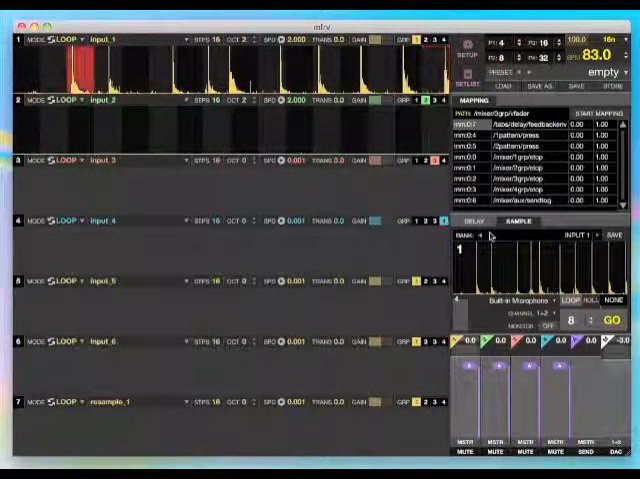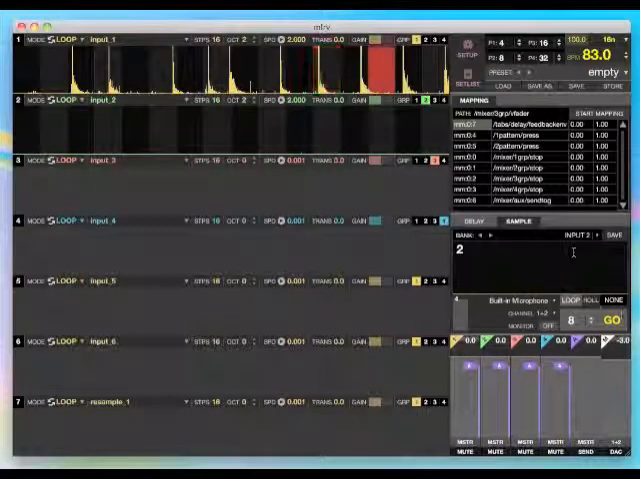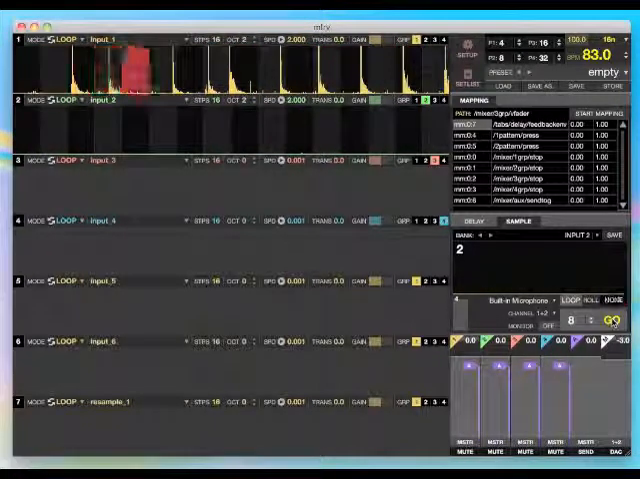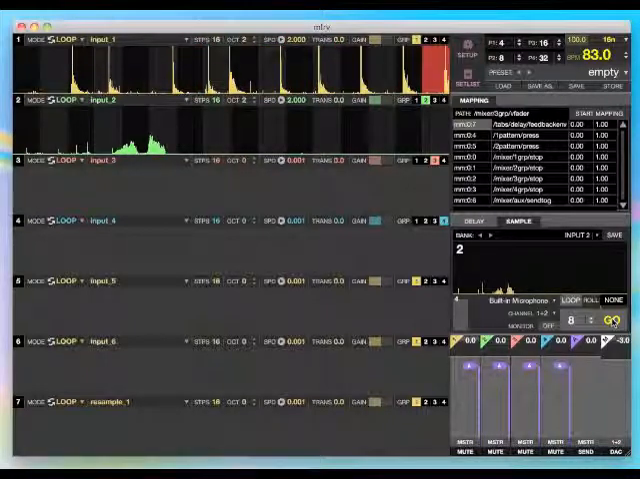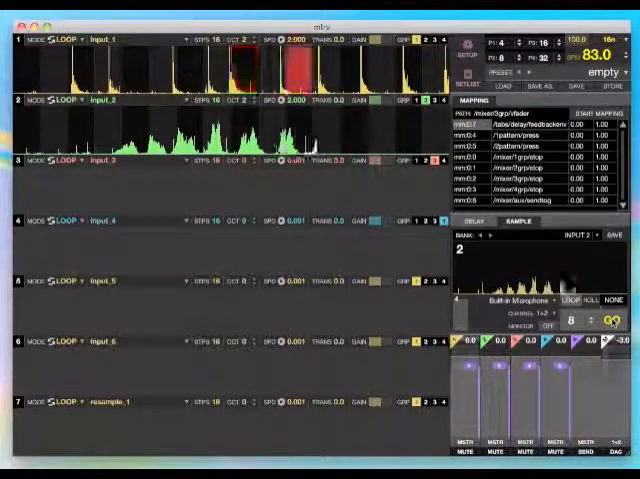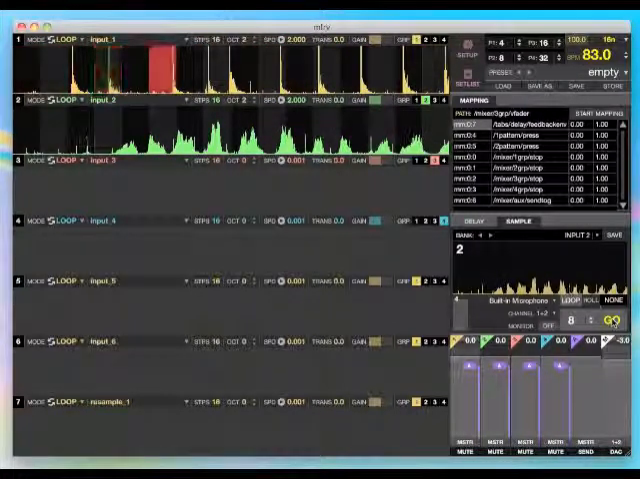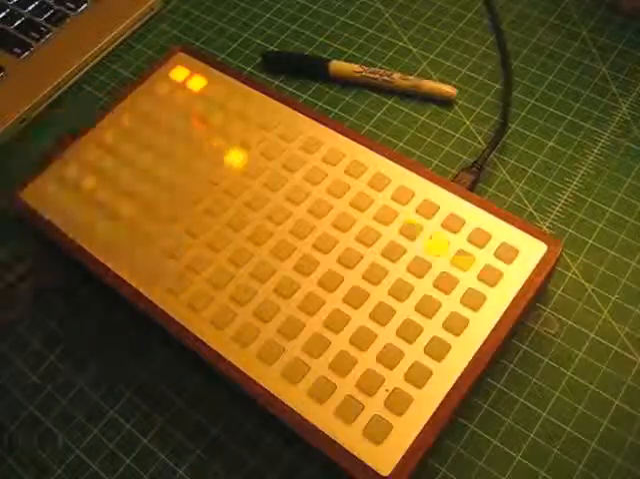So let's go to another bank. Let's go to input 2 and record some different sounds. So if we play that back,